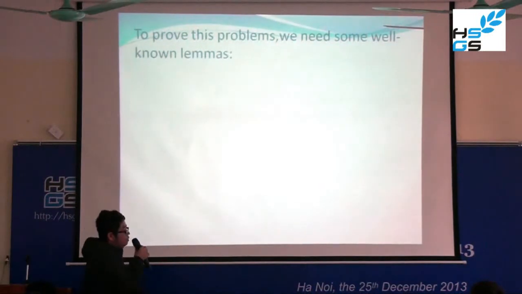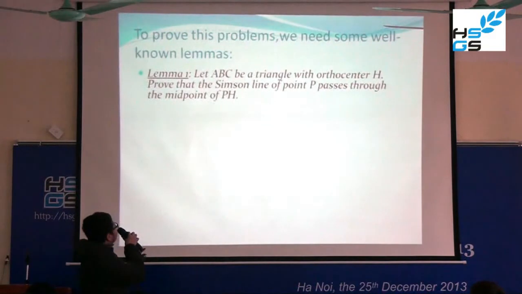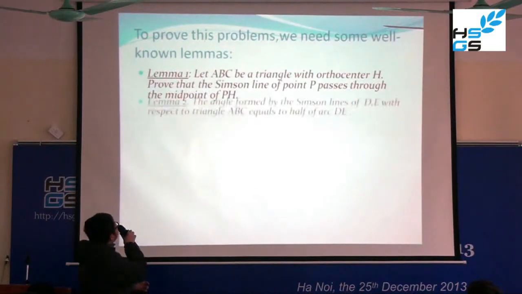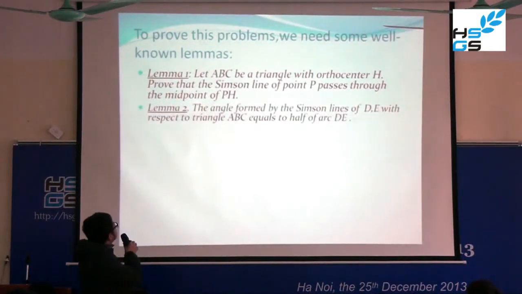To solve these problems, we need some well-known lemmas. Lemma 1, let ABC be a triangle with orthocenter H. Prove that the Simpson line of point P passes through the midpoint of PH. Lemma 2, the angle formed by the Simpson lines of D and E with respect to triangle ABC equals half